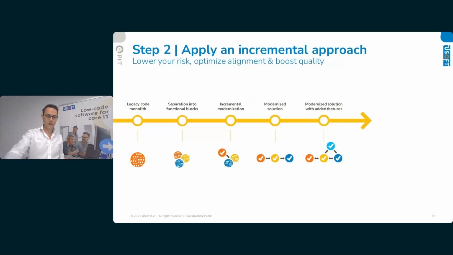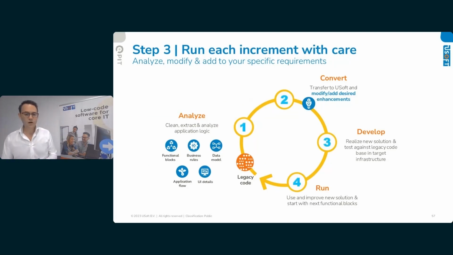Now, once we have analyzed the code, we basically come into a sort of cycle where we analyze the code in more detail. We extract a lot of business knowledge that is locked into the code. So for instance, what data is used, what is effective code, what is ineffective code, the business rules that are locked into the code. And we basically regain all this business knowledge. We map it again in natural language in our product.